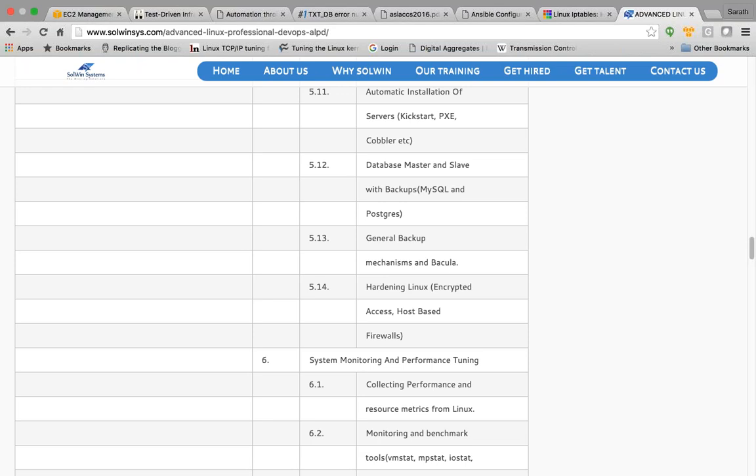In the current scenario, people are not looking for system administrators. What's happening currently in the industry is people are not quite interested in only people who can manage Linux servers, but they want people who can automate thousands of servers running in the cloud, which in today's world often come and go on a daily basis.